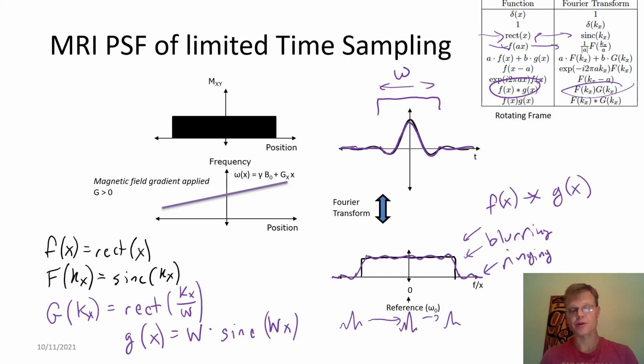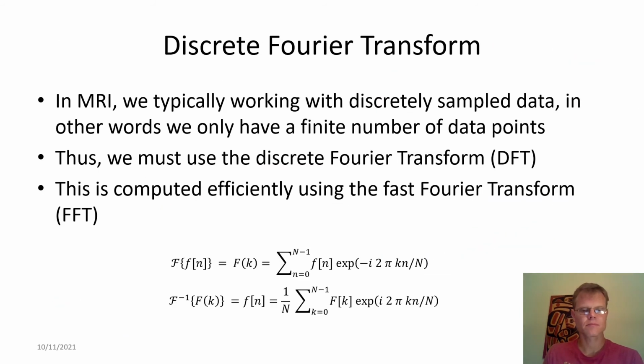Okay, and we can characterize this through this point spread function, again just the g of x, and this will apply to not just imaging this rect object, but any shaped object we might have. Okay, to wrap up here, I want to